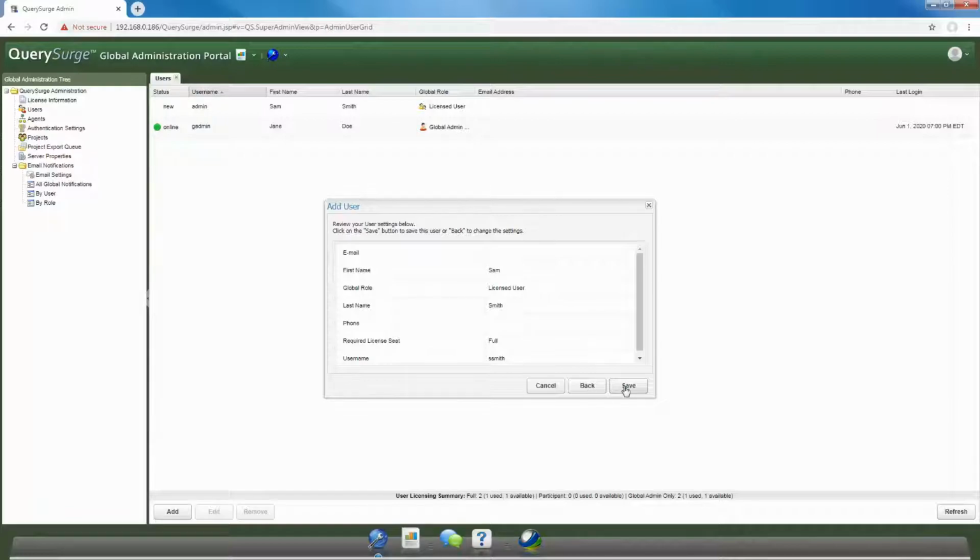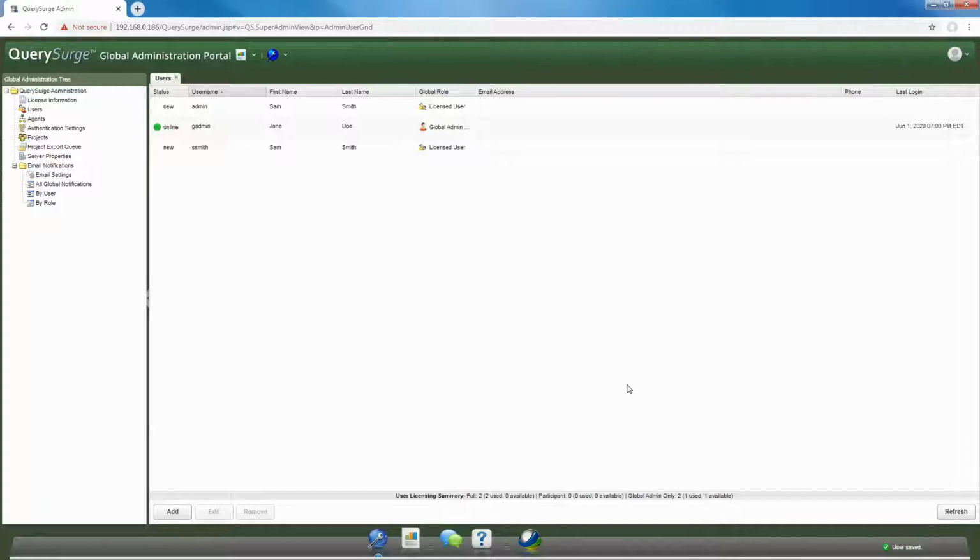On this screen, we'll see a summary of the new user which we're about to create. If everything is acceptable, we can click the Save button. If we need to make any changes, we can always go back by using the back button right here. Once I click Save, QuerySurge will automatically create this new user, and they can start to log in and use